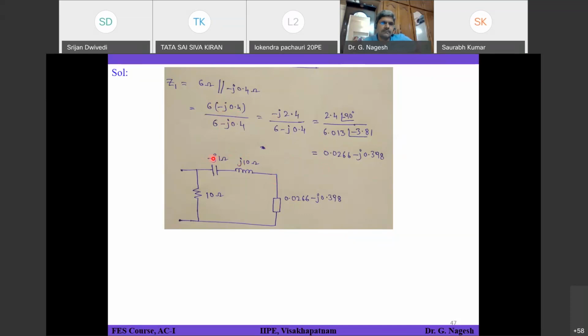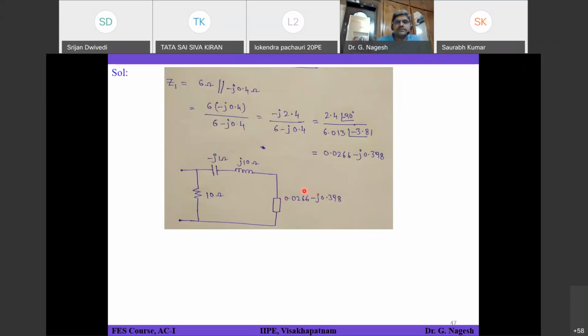So if you see here, you have minus j1. Always a real component can only be added to a real term, and an imaginary component can be added only to an imaginary term. So this is an imaginary term, minus j1 and plus j10. Series of these two will be plus j9, and you have minus j0.398. If you add the result with this thing, you will get maybe plus 8.6 something around, plus j8.6 around. So this is your imaginary term.